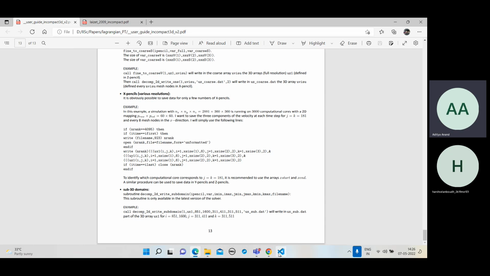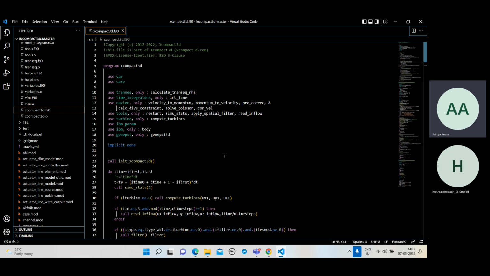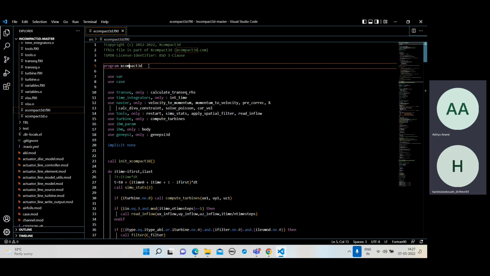Okay, now let's look at the code. Okay, so the first step is to initialize. So this is the main code. Screen is still visible, right? If anything happens, you tell me. Yeah, yeah, it's visible. Okay,